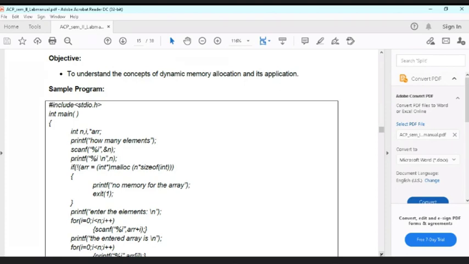So for allocating the memory in storage, the malloc function is there, and then another function used for the same purpose is calloc, right? So malloc and calloc both have